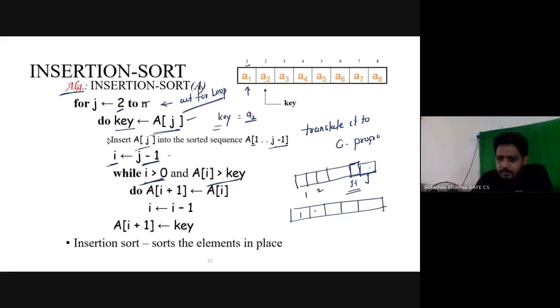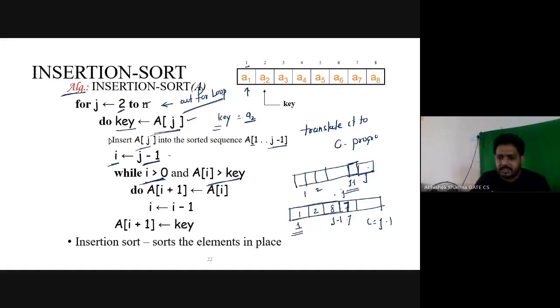Suppose this is 1, 2, 8, and this is my number, 7. Now I want to insert 7 into the correct position. For that I will run a loop from j minus 1 down to 1, where i is assigned j minus 1.